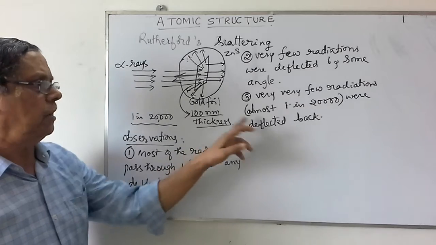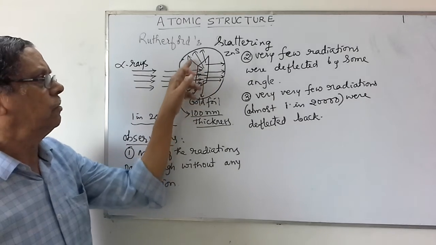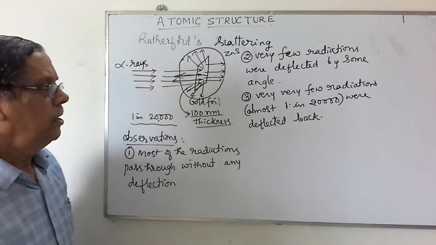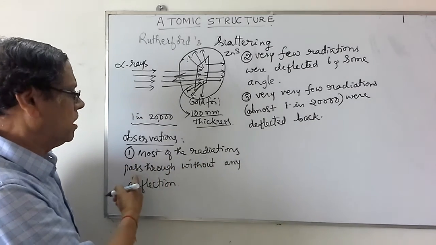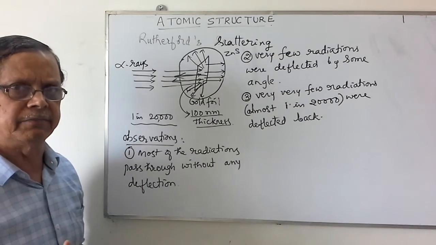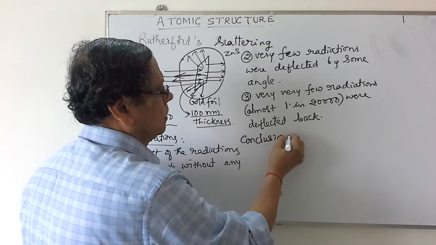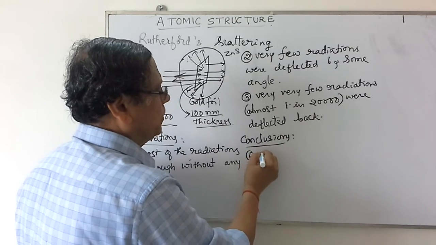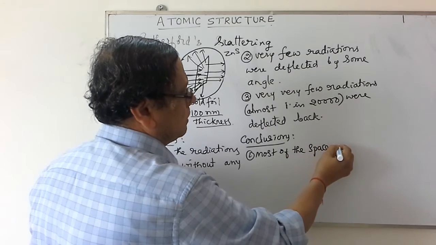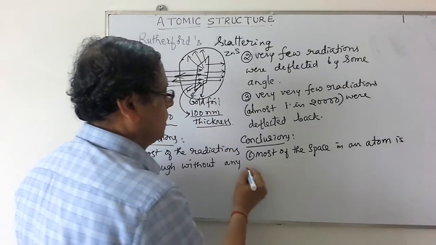So based on these three observations, he came to the conclusion that in the gold foil or any metal or any such material, since most of the radiations pass through without any deflection, there is a large empty space available in the atoms. So he made this first conclusion: most of the space in an atom is empty,